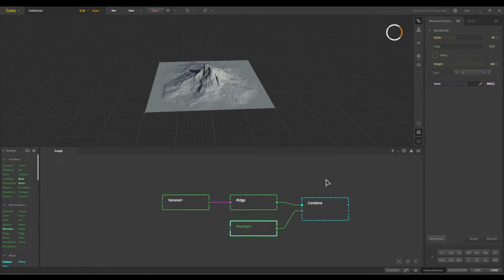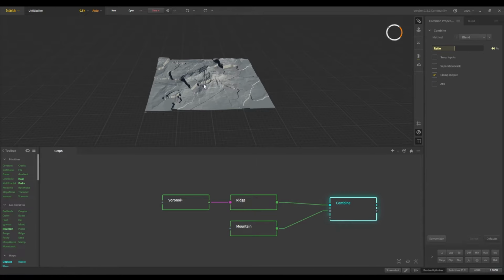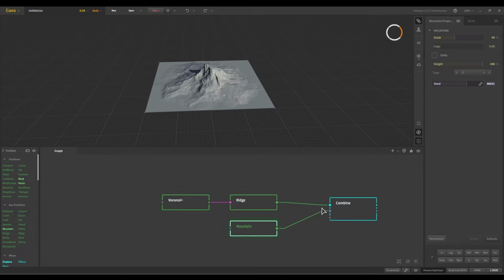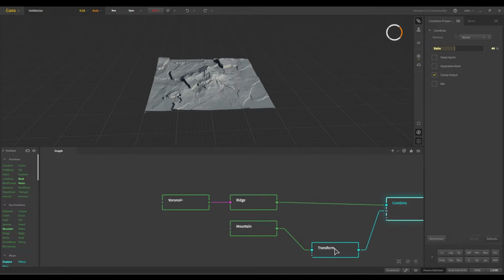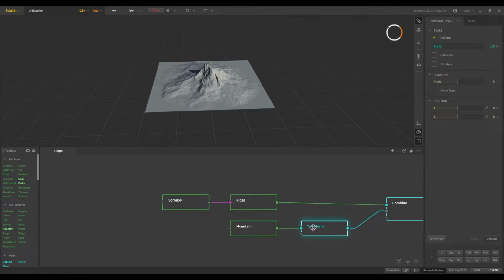I think this one is good. Also, if you want to change the position of your mountain, you can do that. There is a node called transform. And then I can go here and transform the mountain. So I can go here and change the position. So as you can see, now the mountain's